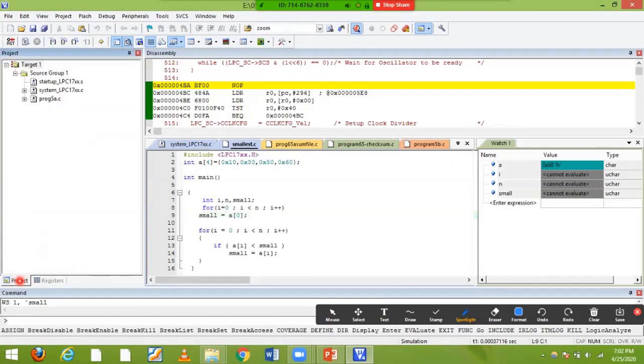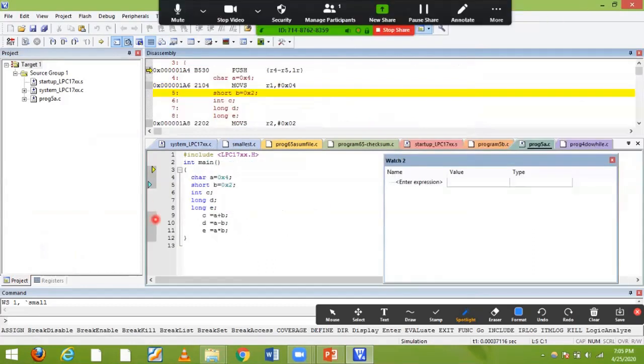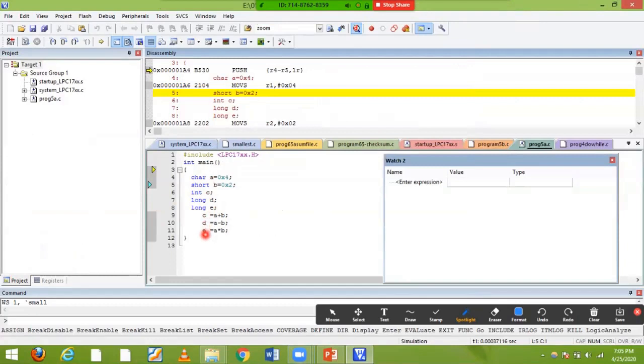Okay, one minute, pause this. Here I'm going to use the variables a, b, c, d, e. Let's see that. Just double click, enter a, then enter b, next c, next d, next e.